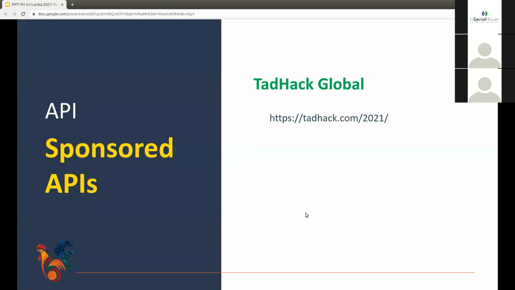So you can incorporate these TADHack Global sponsored APIs, which are mentioned in this link. So I'll send this link. If you incorporate these APIs in your ideas, you can become eligible for winning global prizes. This is the link for TADHack Global.